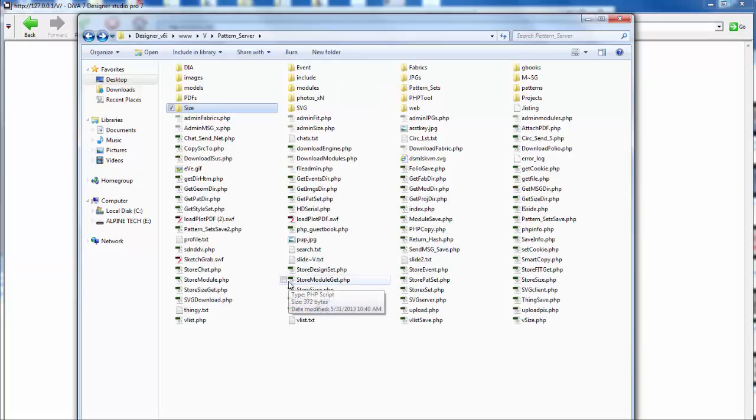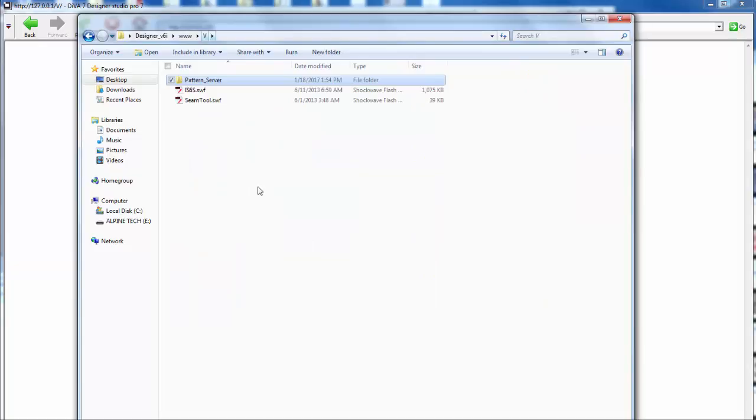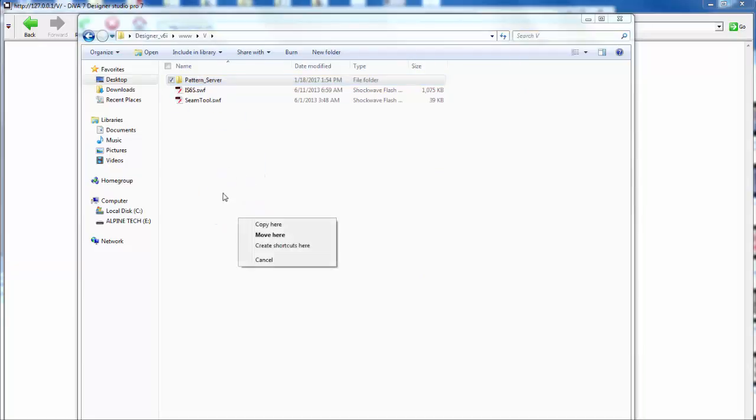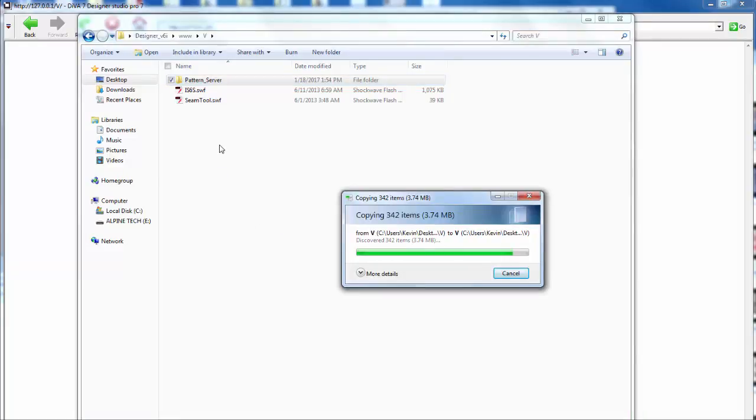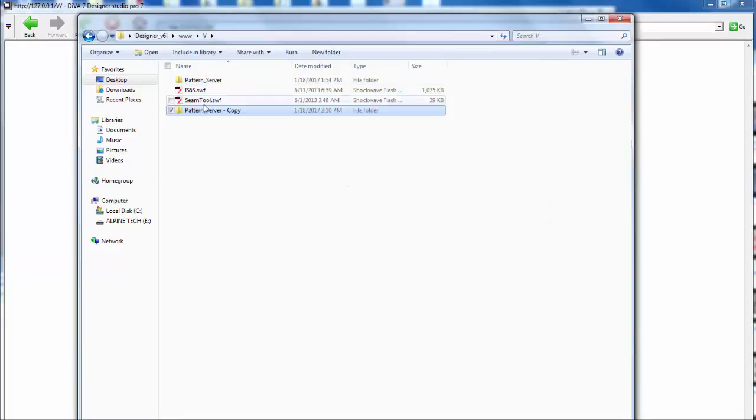Now that I've opened up this file, I can go ahead and turn this folder into a pattern folio. So what I'm going to do is go up a directory, take that pattern server and drag it over here, and copy it into the same folder for now, and then rename it. I'm going to call this one my puppy patterns,